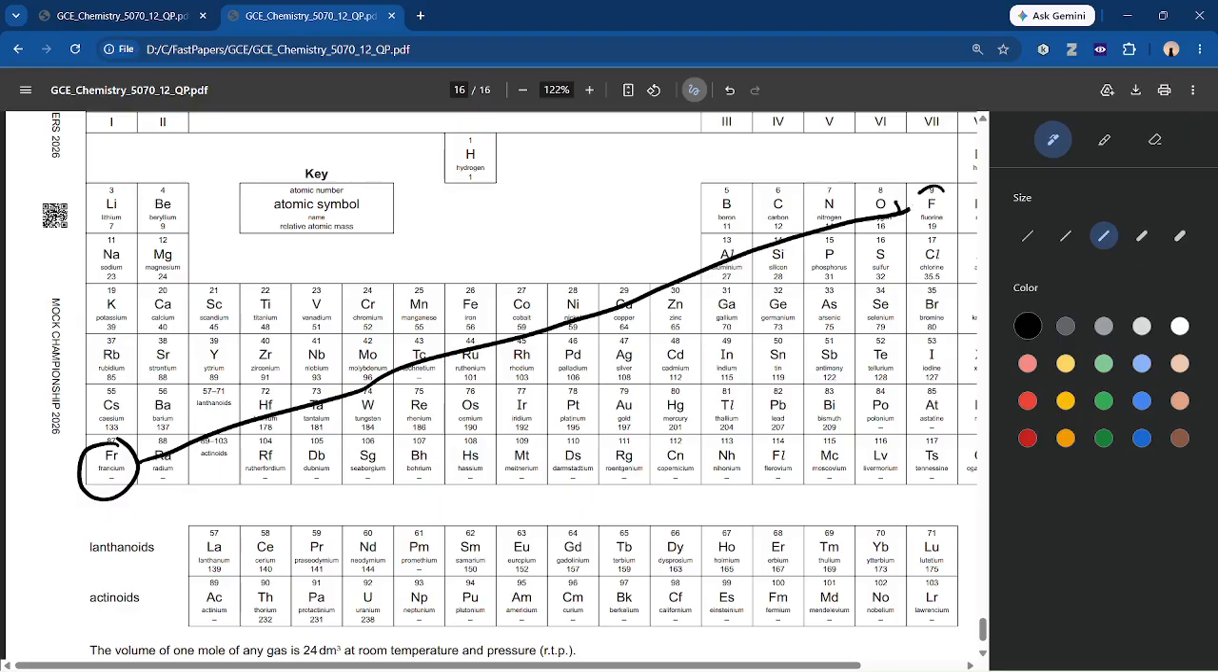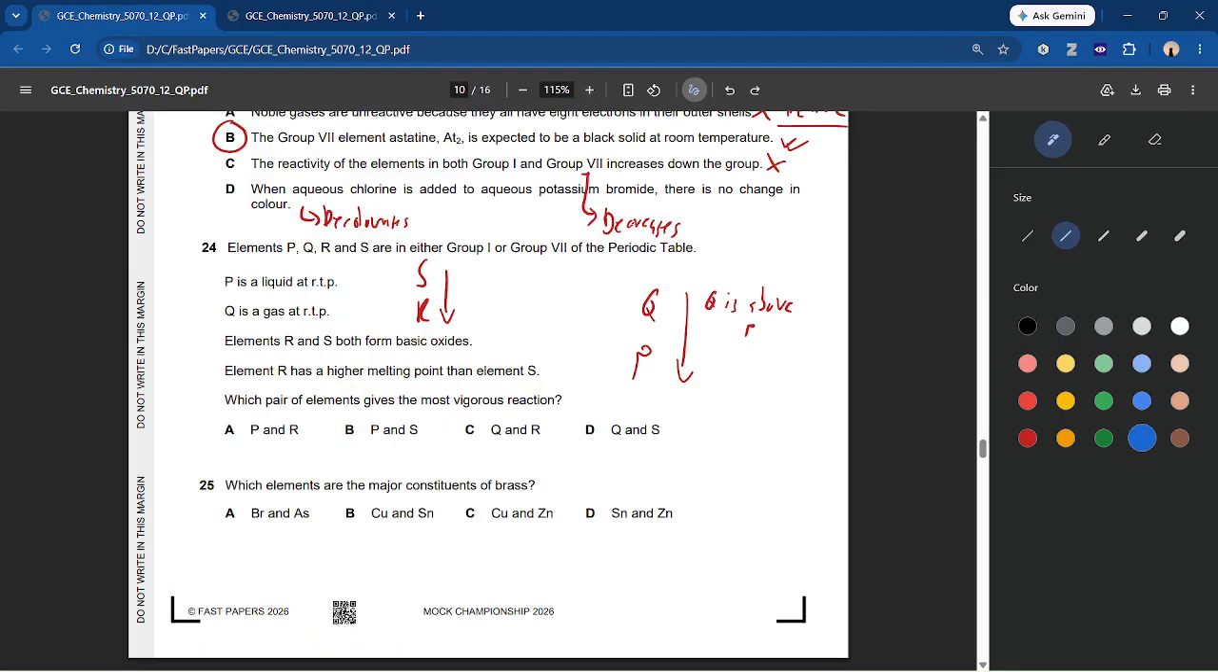So that's the way you're going to have to match this. In the same way, if R is below S and Q is above P, so R and Q have the most vigorous reaction. So 24 is going to be,